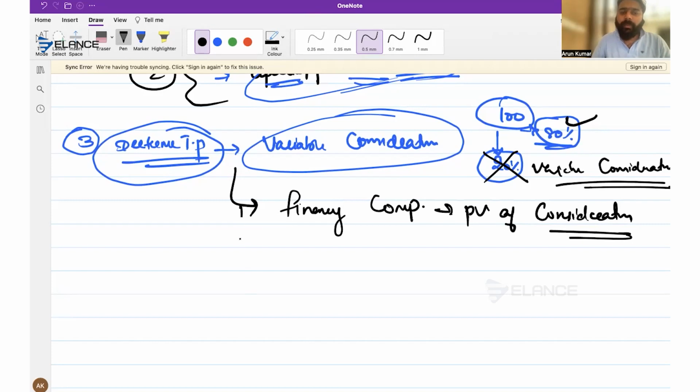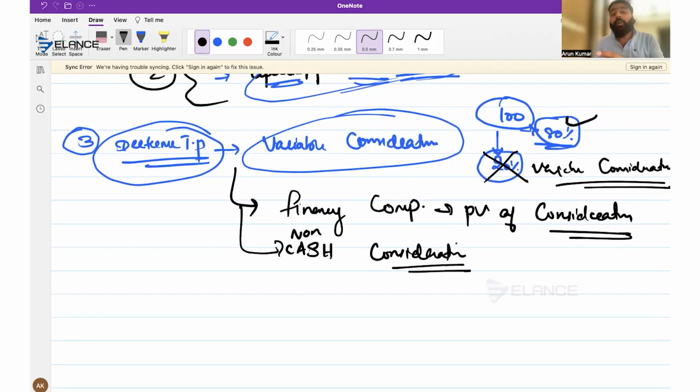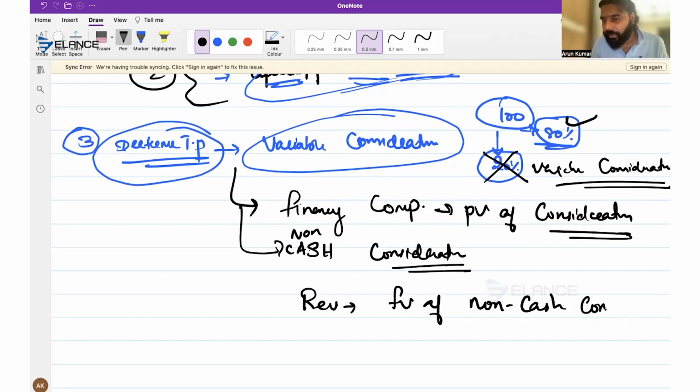Fine. So another adjustment with respect to determining transaction price is the non-cash consideration. Okay, the non-cash consideration. So what do you mean by non-cash consideration, guys? Non-cash consideration means, let's say if you receive shares or any such non-cash item in exchange of a product or service, then the revenue will be recognized according to the fair value of that non-cash consideration. In that scenario, the revenue will be recognized according to the fair value of non-cash consideration. Is that clear, everyone?